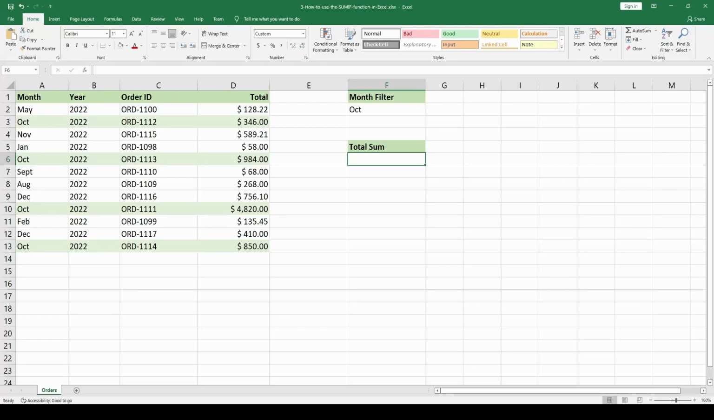SUMIF is one of the most useful functions in Excel to perform conditional calculations. With the help of this SUMIF function, you can easily add together a range of values that meets the condition that you have fixed. I have prepared a set of sample data to demonstrate how to use the SUMIF function